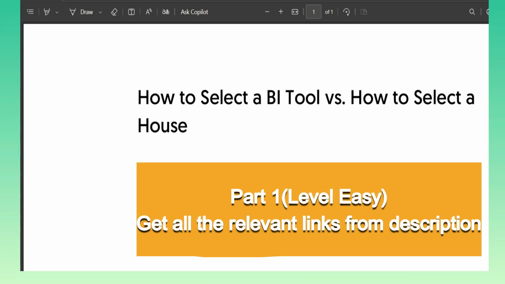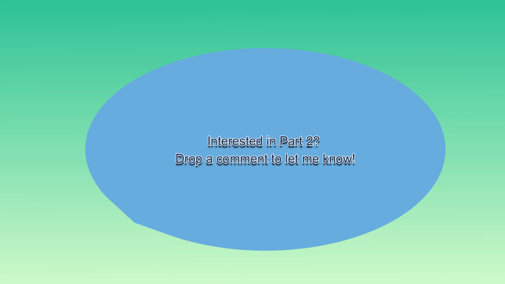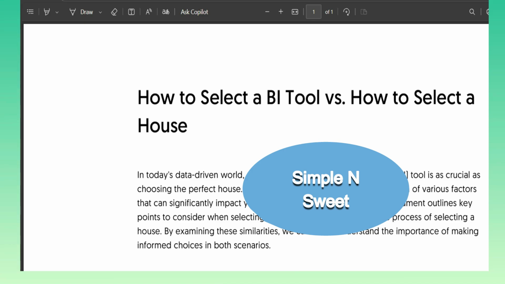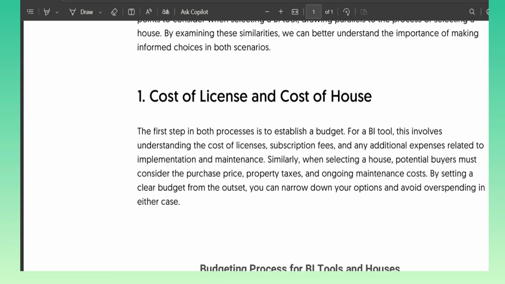Today's topic: how to select a BI tool versus how to select a house, because I want to make it simple for you. This is at beginner's level, and if you want me to create another video in detail, let me know in the comment section. So in this session, we will draw parallels between the process of selecting a house and selecting a BI tool. And I hope at the end, you will be able to understand the importance of making informed choices in both the scenarios. The very first point I would like to go with will be cost of license and cost of